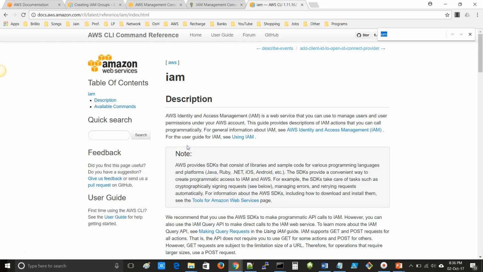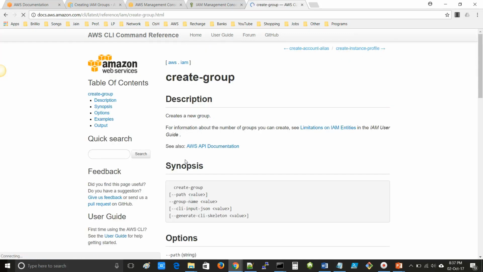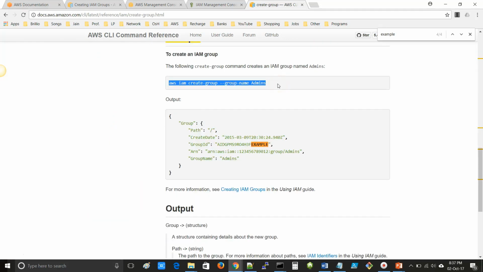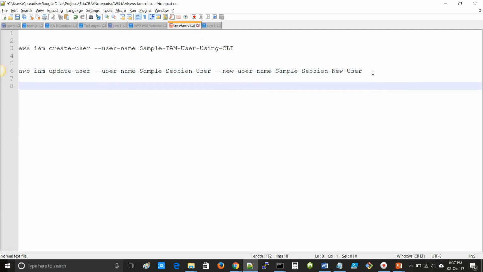Again press Ctrl F and type create-group. So here you can see the create-group CLI command. Click on that. Again search for example. So here you can find the example of creating an IAM group. So copy this command and paste it on Notepad.